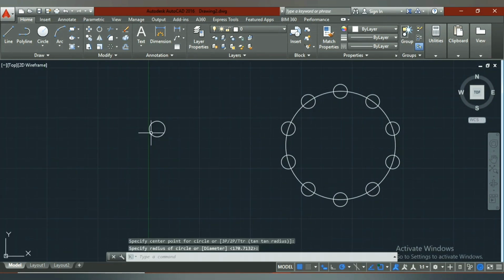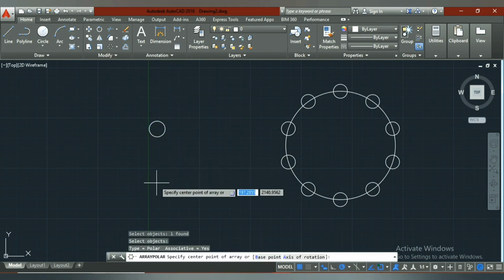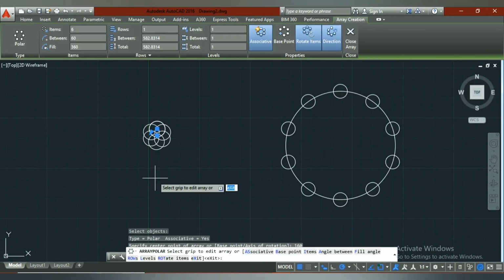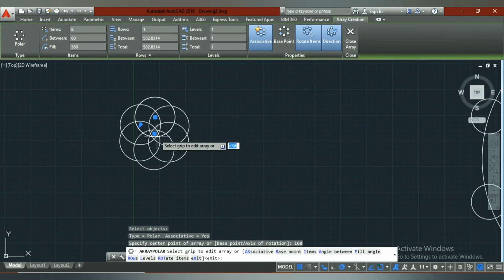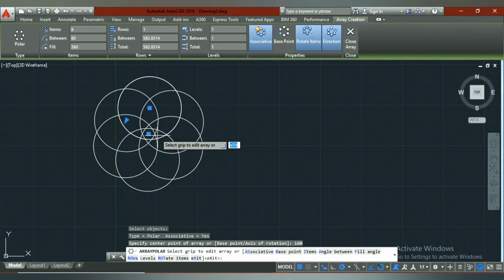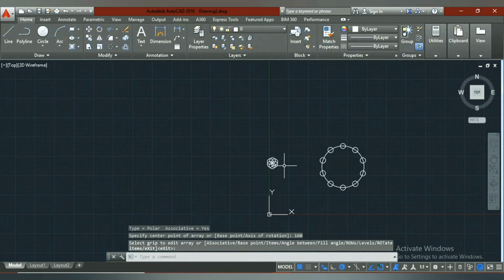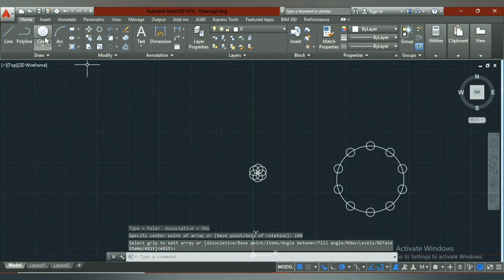I'll draw here, and I'll directly select the polar array, select, right click, and select the origin. Suppose it's 160. Okay, so here you can see. Just close this, and once again I'll show you.